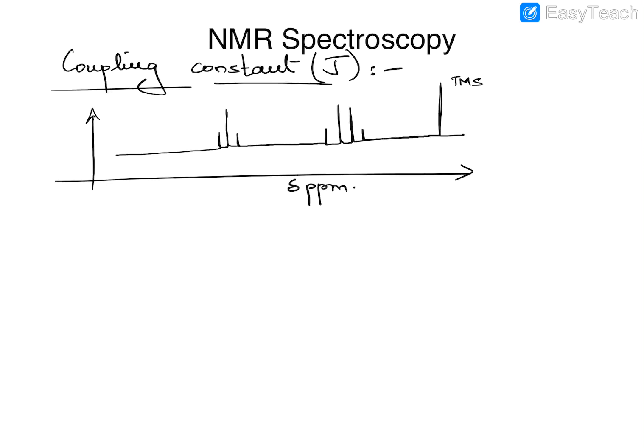Okay, so having discussed splitting patterns and the relative intensities of each peaklet, we come to another very important concept in NMR called the coupling constant, or the J value. As you see in both these split patterns of the triplet as well as the quartet, as was observed in the typical NMR spectrum of an ethyl group connected to something, you would get splitting patterns which have a quartet of a signal and a triplet of a signal. Now, the